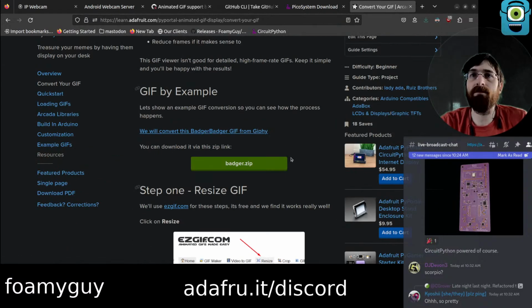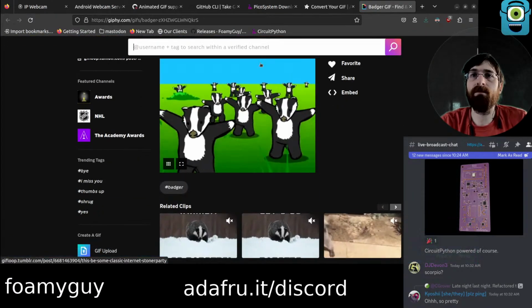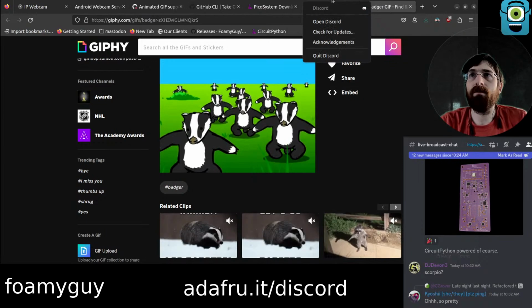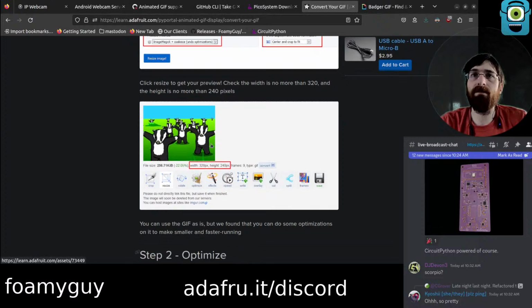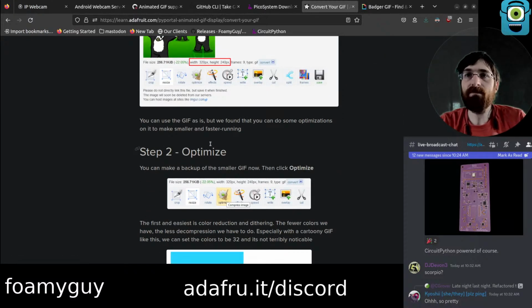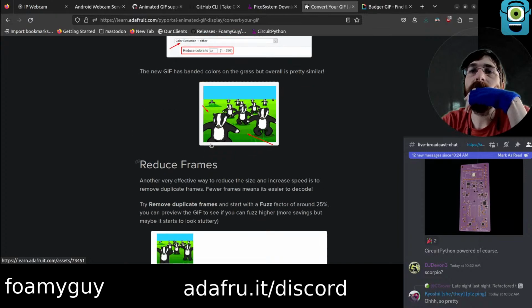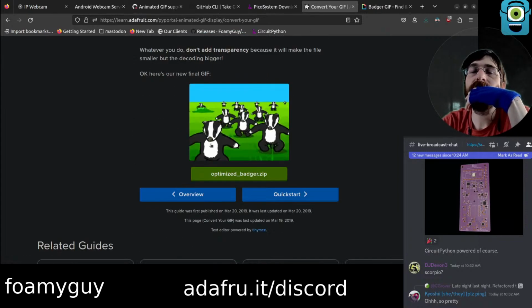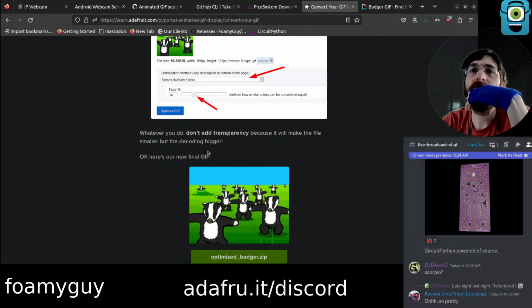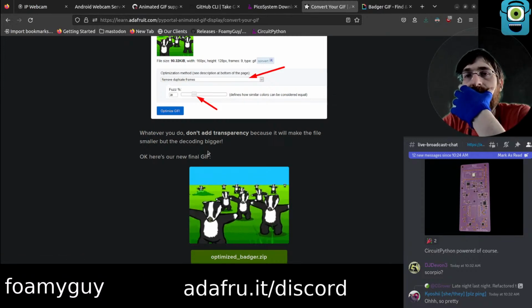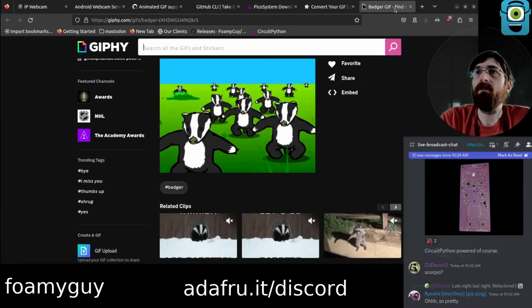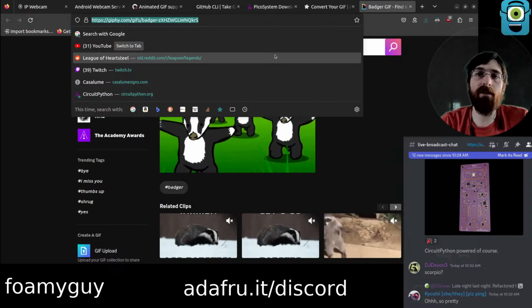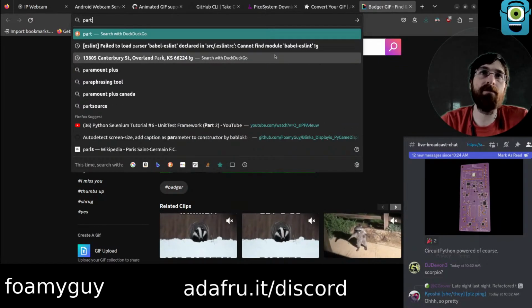Actually have Badger. They're doing converted though. They give us the converted one. May not want 320. Reduce the frames. Optimize Badger. So the screen, my screen's 240 by 240. You know, I feel like we probably should try Party Parrot first, right?